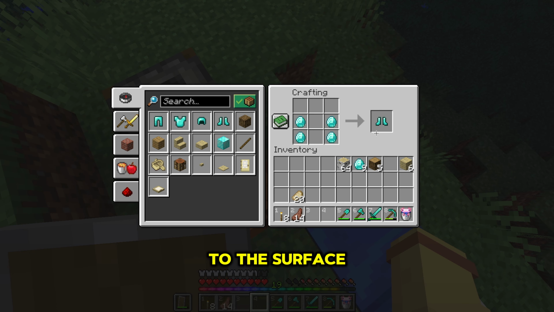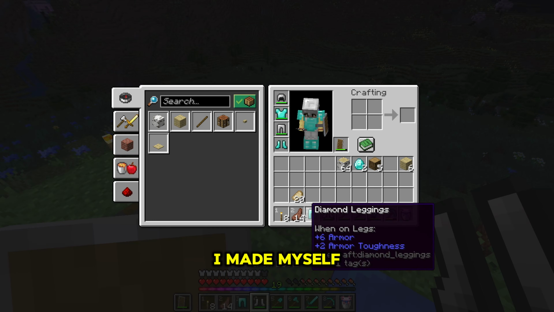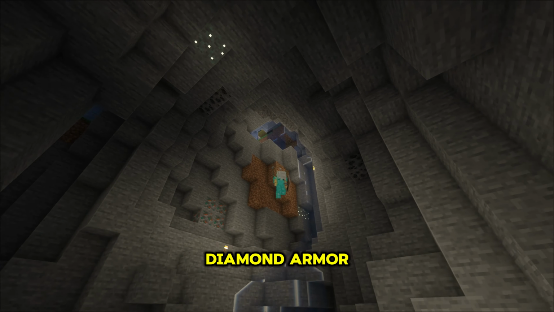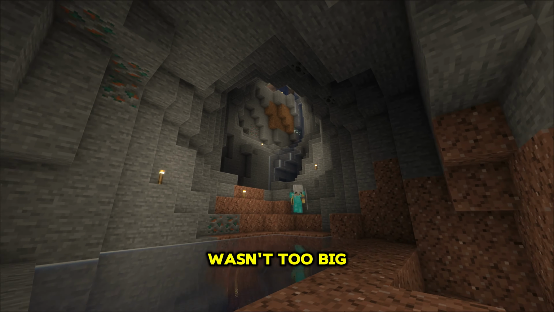house. I went up to the surface to put my clay in the furnace, and then with the diamonds that I found, I made myself some diamond leggings and diamond boots to help myself get a couple steps closer to getting that full diamond armor. All that we were missing now was the diamond helmet, but that really wasn't too big of a worry for